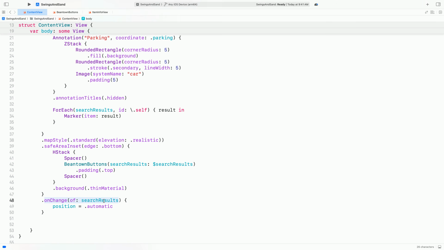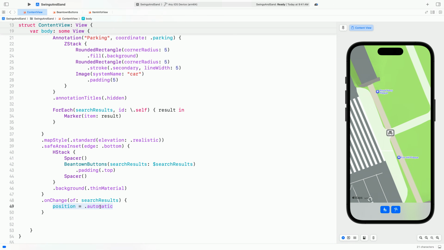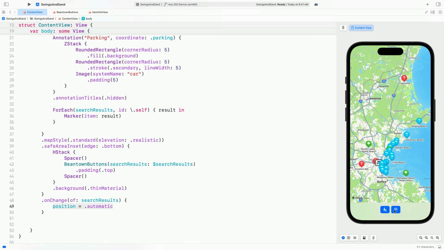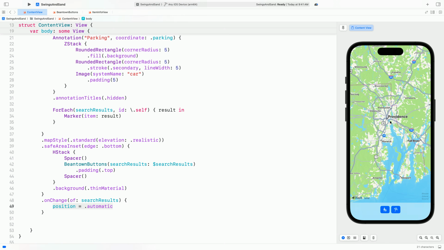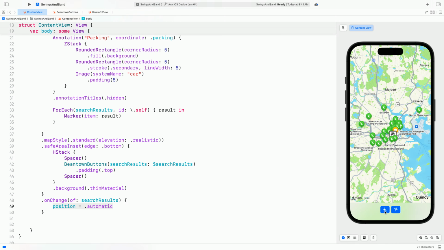I'll use an onChange modifier to find out when the search results are updated. When they are, I'll simply set the camera position back to automatic to make sure they're visible. Let's give it a try. I'll search for beaches, see the results, and then pan away before searching for playgrounds. Cool! Now when I perform a search, all the results are displayed even if I had panned all the way